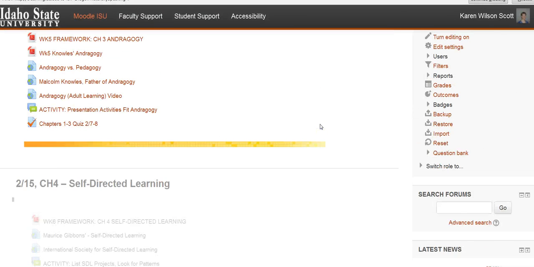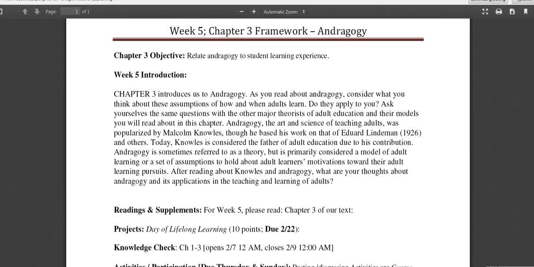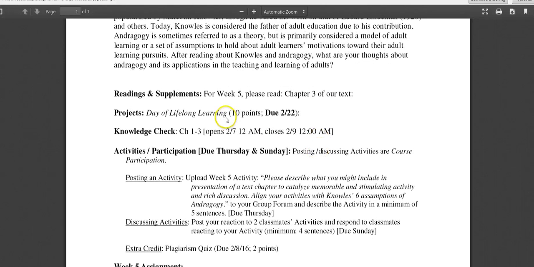Okay, so let's now move on to andragogy, which is what we're going to be talking about this week. So in our framework with andragogy, we are going to be introduced to Malcolm Knowles, the father of andragogy, and you will read the information in chapter 3.